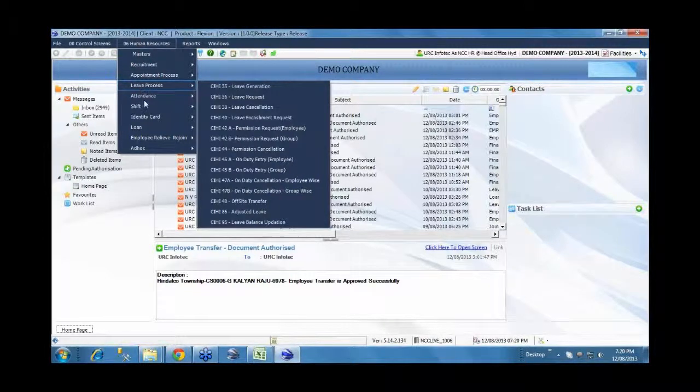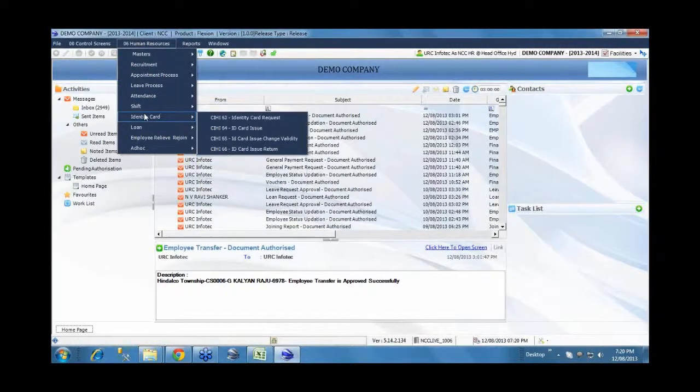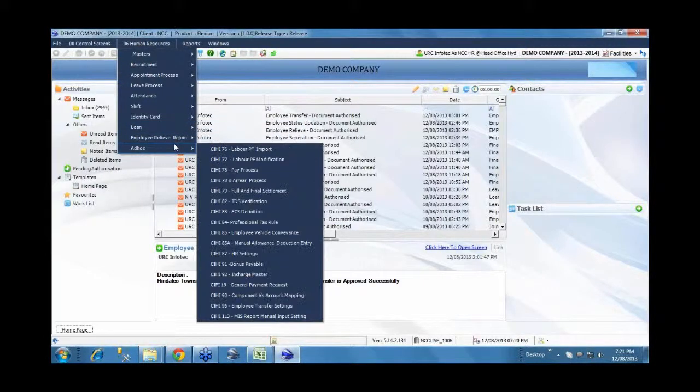Once they have joined, then what happens is the handling of leave, attendance, shift handling, and the various aspects relating to each of these functionalities, whether it's the leave process or shift, or if an ID card is printed and given to each employee, what is the process associated with that. And handling of loans, if there is any loan advance request, scheduling it and deducting it against the payroll. And finally, if the employee is terminated or resigns, what is the process involved, and if the same employee rejoins, what other processes we have.